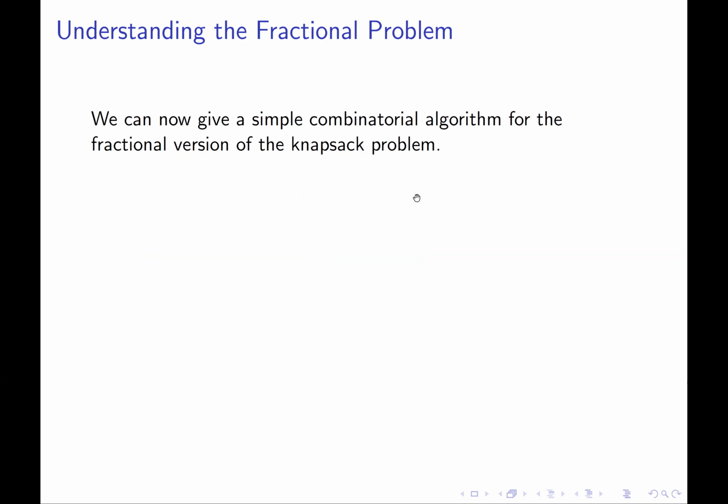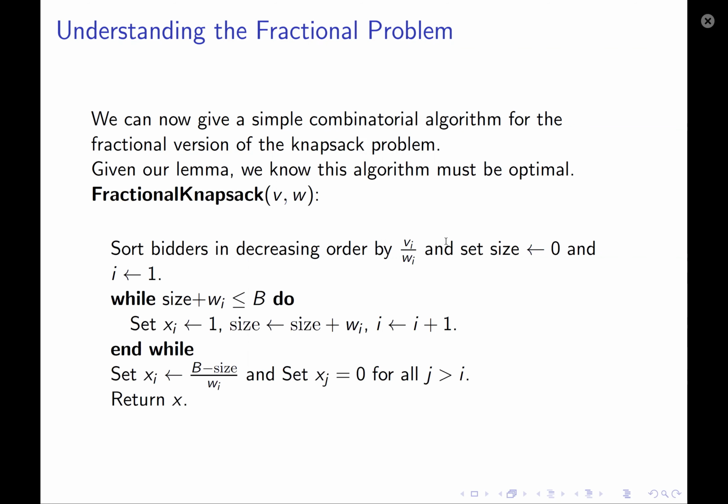Okay. So what can we do with this structure? What's it going to mean for us that optimal solutions have to have the property that higher density bidders are fully allocated before lower density bidders? Well, what it's going to mean for us is that we can get a combinatorial characterization of the optimal solution, right? The only way you can possibly find an optimal solution is by running the following sort of obvious greedy algorithm once you understand this structure, right?